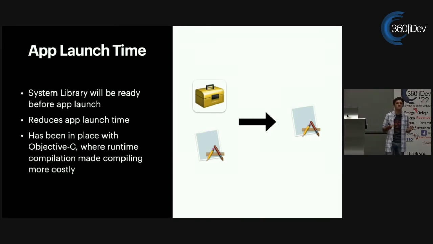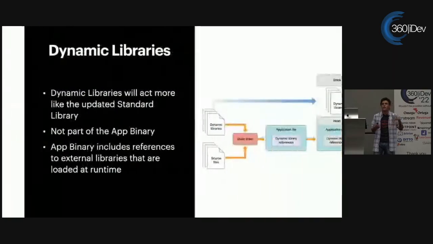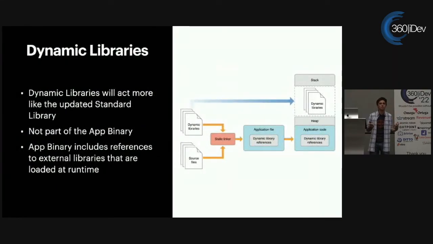Since we don't have that just-in-time compilation, it was acceptable to say that we're going to prepare the toolkit each time we run it. However, now we're getting rid of that extra preparation, and even though it wasn't as huge of a cost savings as it was with Objective-C, it still is going to improve the launch time for every single app. And that only increases when you're no longer just using the standard library, but other libraries. With dynamic libraries, each other third-party library is going to act in a similar way to the Swift standard library.